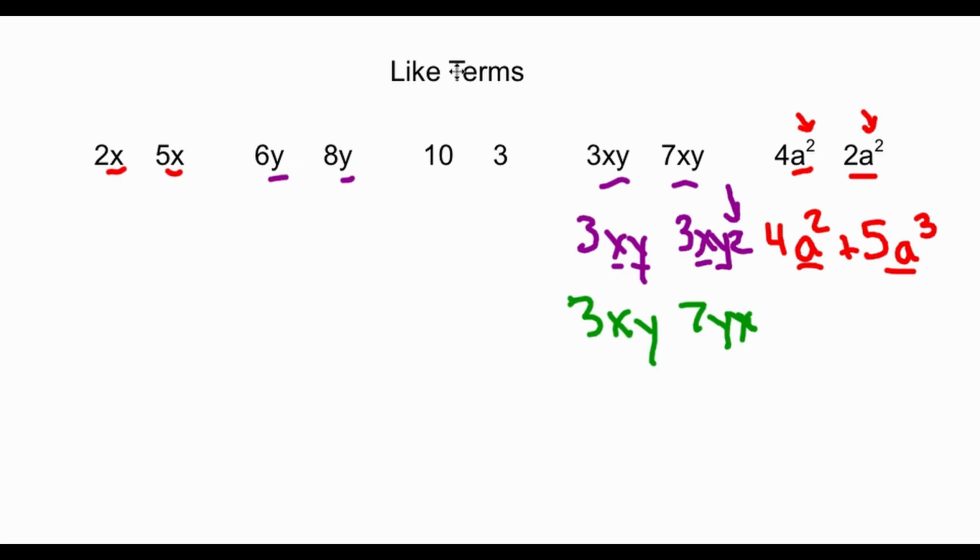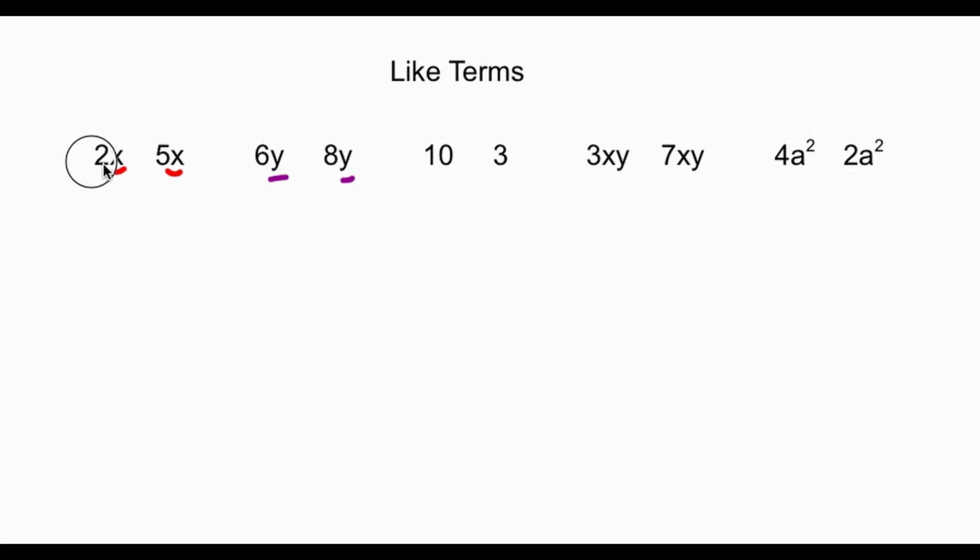Okay, now let's go back and focus on the easier terms here. So we're going to concentrate mainly on algebraic terms with one variable as well as the constants here. Now, looking at the 2x and the 5x,